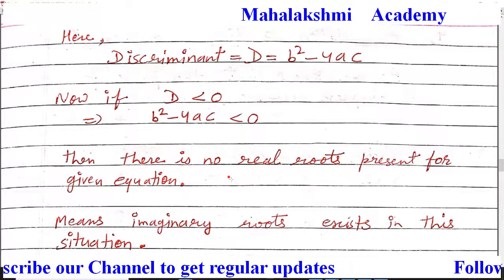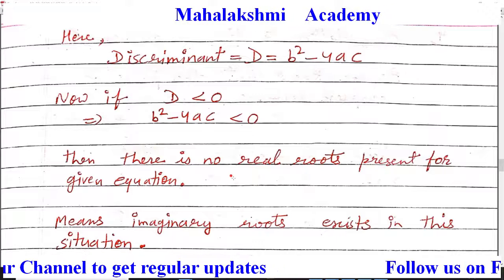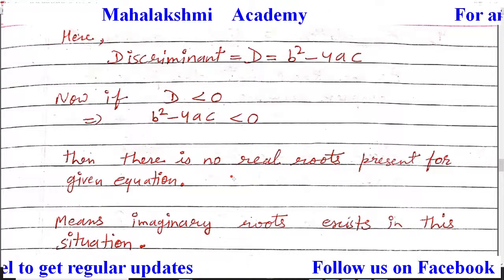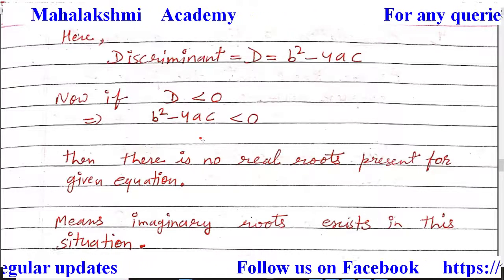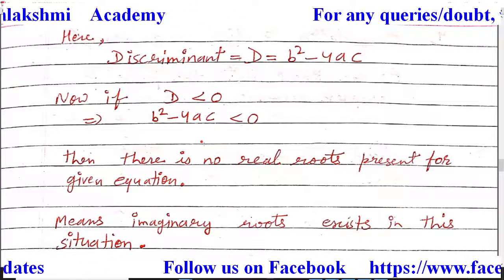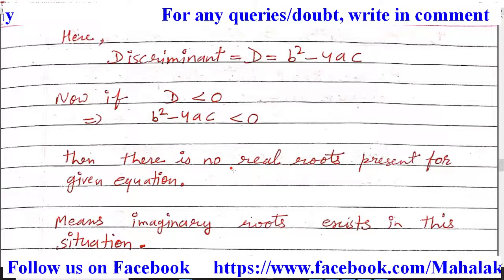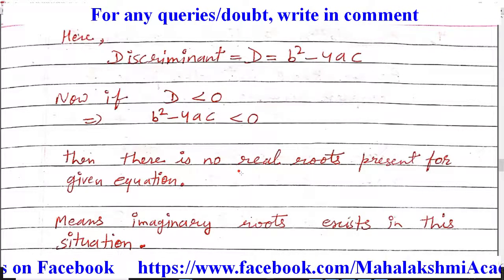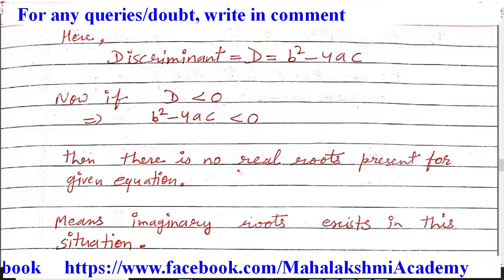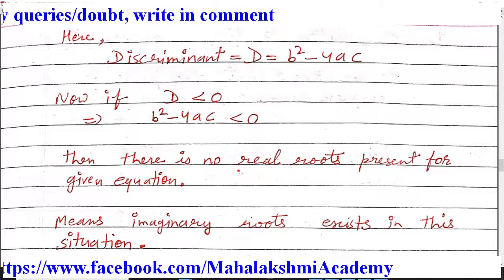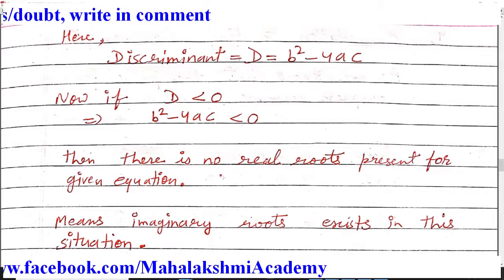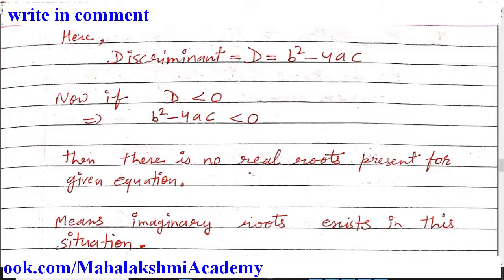In 10th class, if we had to solve a quadratic equation, we used to solve it in only two situations, either discriminant equal to 0 or discriminant greater than 0. For less than 0, we simply used to write that this quadratic equation has no real roots, and then we used to leave the solution there only. We did not solve it further. But now in 11th class, we have to solve that situation.